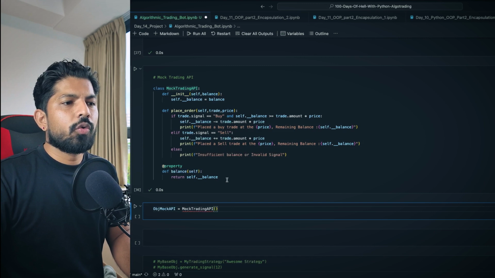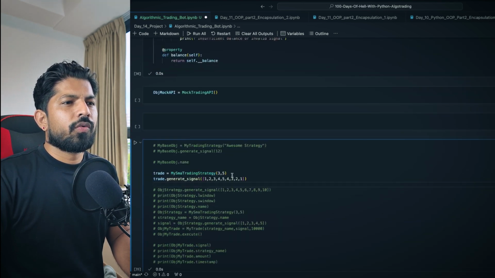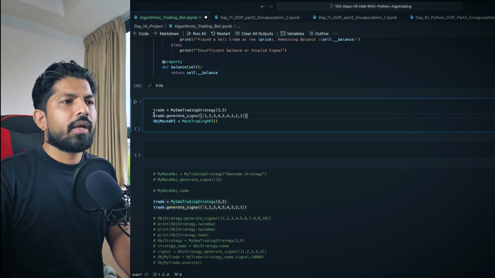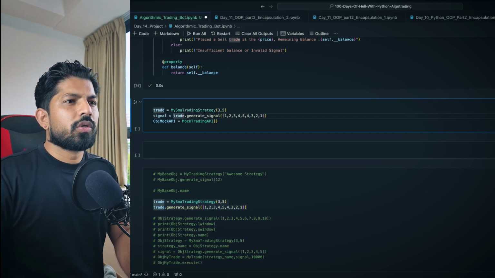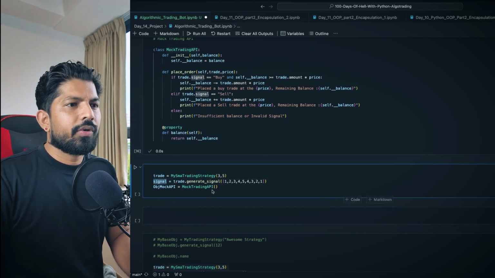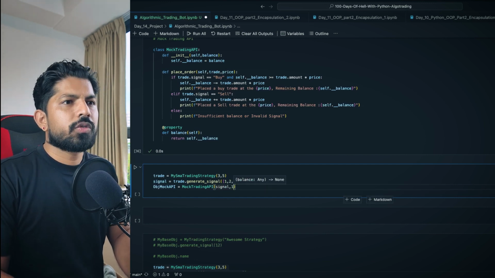So for that, we have to use the signal here, right? I can just copy and paste these here, and let's say I will give it the name signal for now. And we have to also pass the price. So signal, I can give here signal, and price, let's say I want to give 1000.